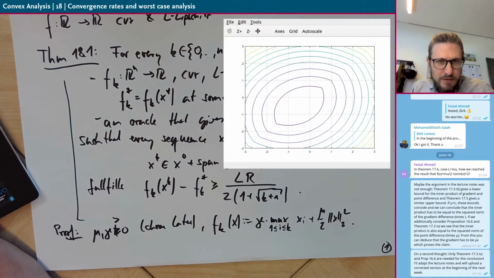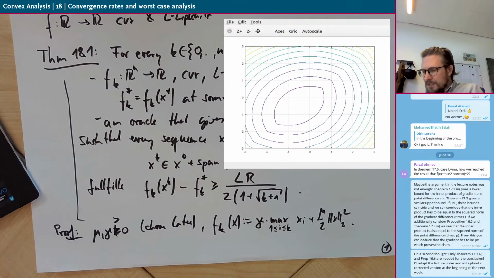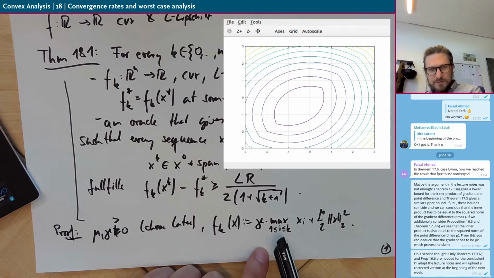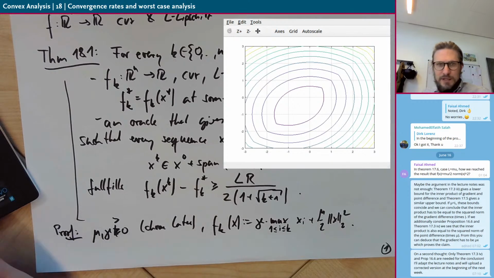So here are the level lines. This maximum has level lines which just go like that. For example, all the vectors along that line have this first term, this max here,